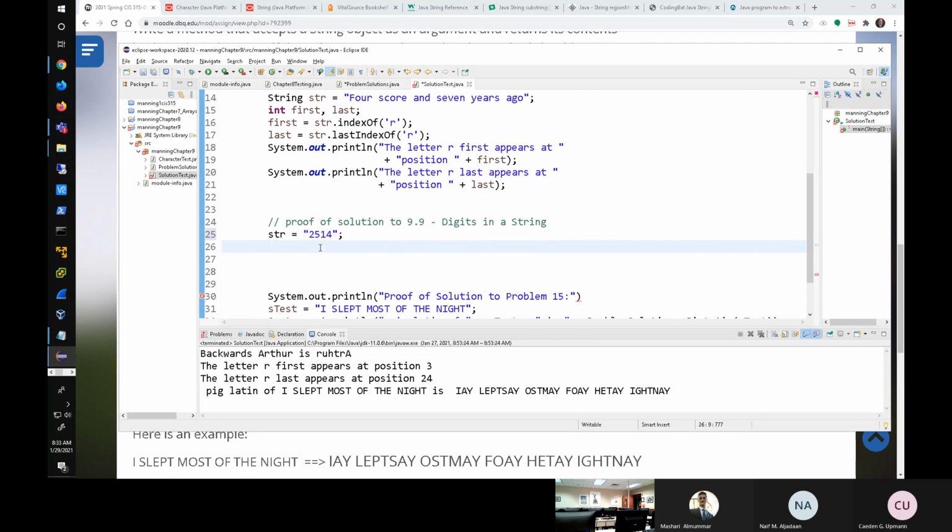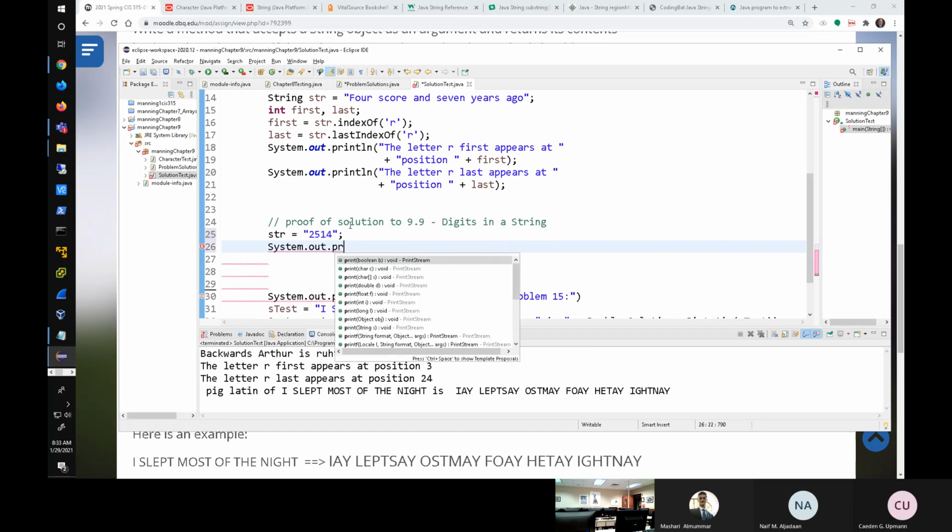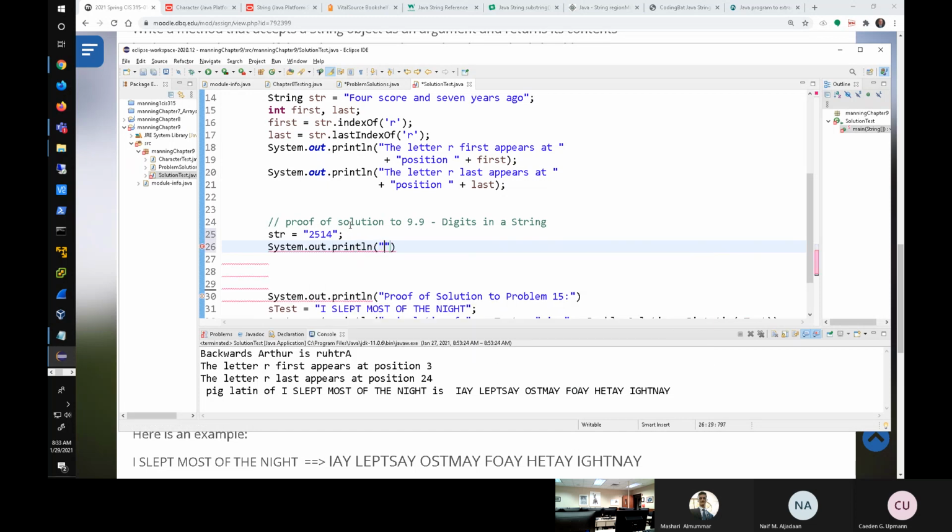So even though the code isn't there, I'm going to pretend it's there. I'm going to do System.out.println, this is the plan, sum of digits, and it's going to print out, concatenate out,